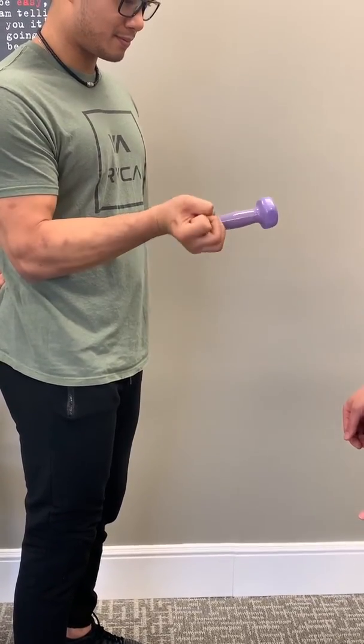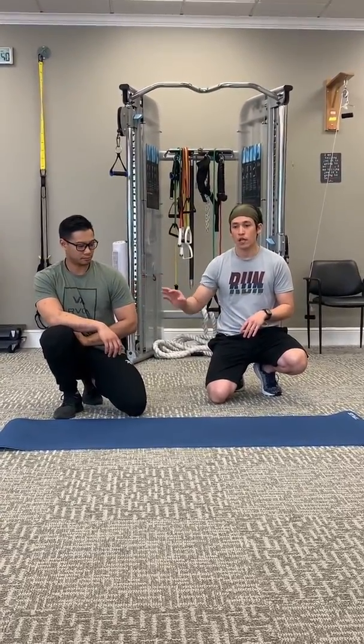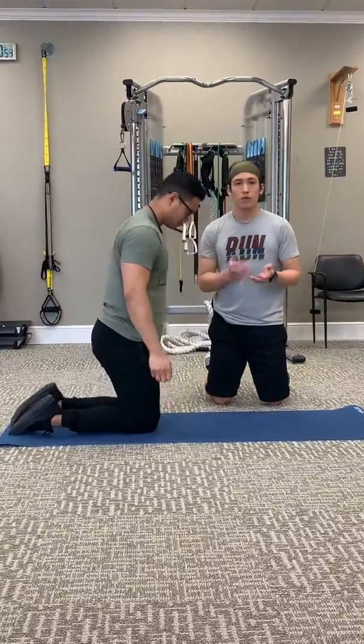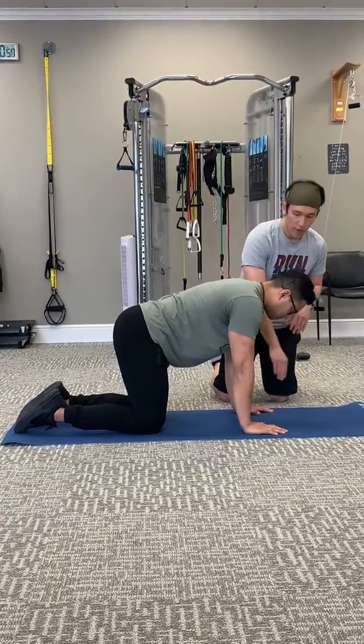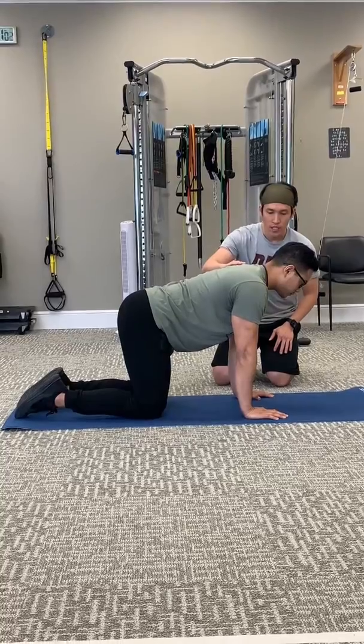Good. For this exercise, what we're going to work on is just a closed chain exercise on your wrists. Make sure you can support yourself, of course, after doing all the other exercises. So what we'll have Brandon do over here is actually get up to quadruped position, which really means just be on all fours. And he's going to put a little stress in his wrist here. So just on his knees, having his hands right beneath his shoulders here, and see if you can tolerate the